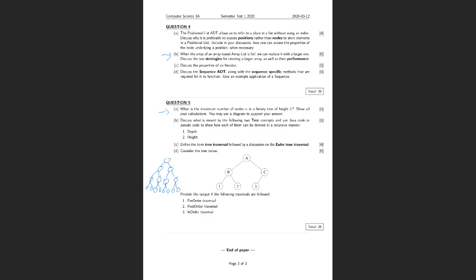If any of these internal nodes have less than 2 children, and in fact, if any of the nodes at any internal levels don't have the maximum number of children, the 2 children, then we end up with less nodes. So for a tree of height h, what we could realize is that